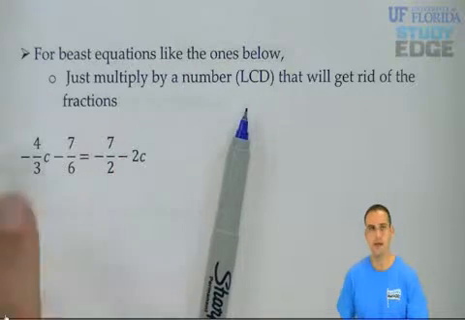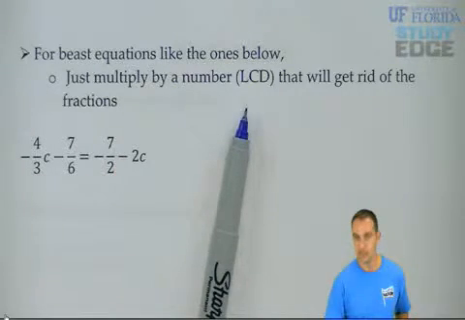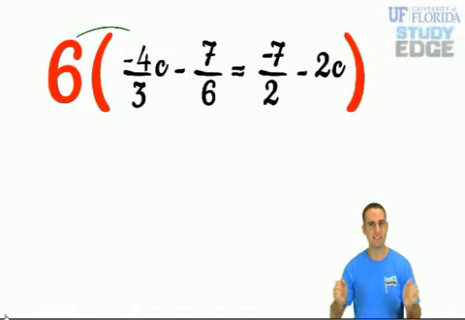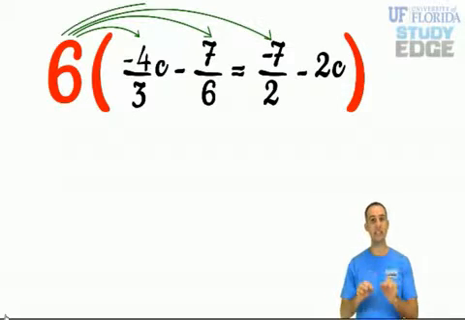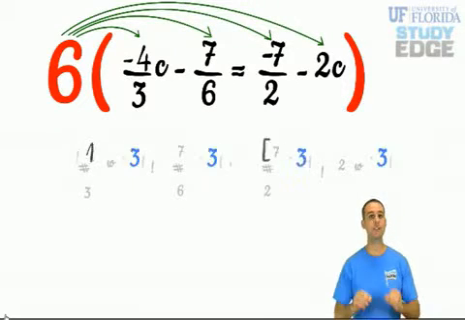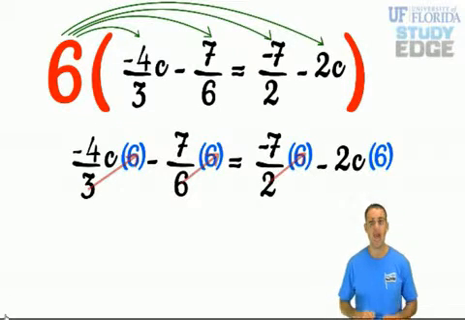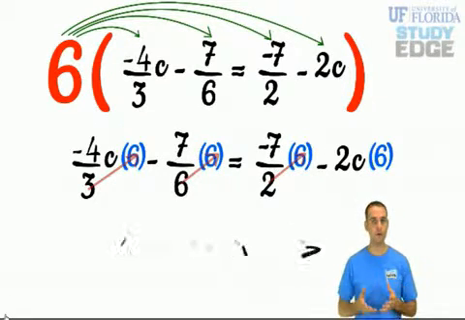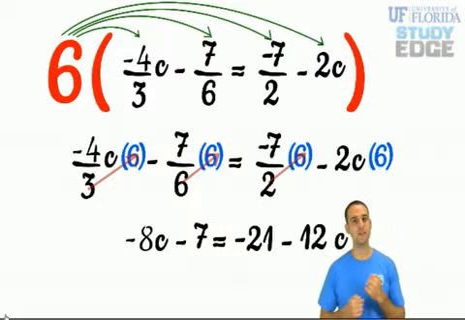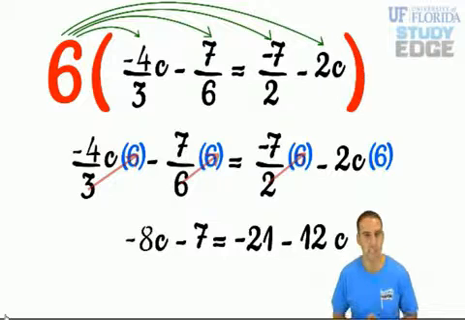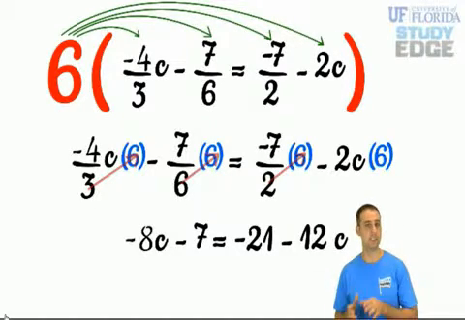So we're going to multiply all this by 6 and remove the denominators. So check this out. Given the same equation, we multiply it all by 6. And we distribute to each term. So every single term gets multiplied by 6. And we're going to reduce all of them. And then after we reduce, we get the final equation below. But let's see how this equation came about. Starting with the first term, negative 4/3c times 6. If you notice, 3 would go into 6 2